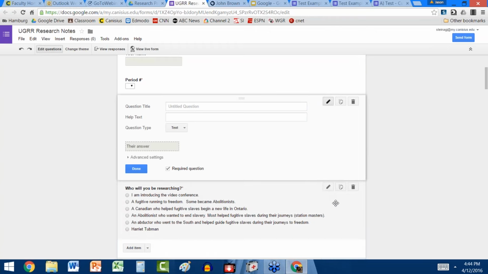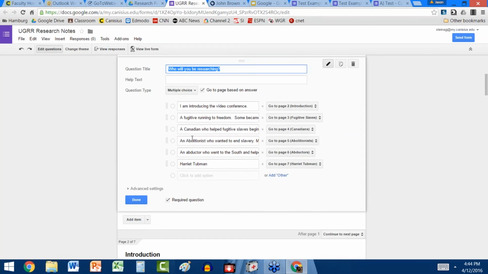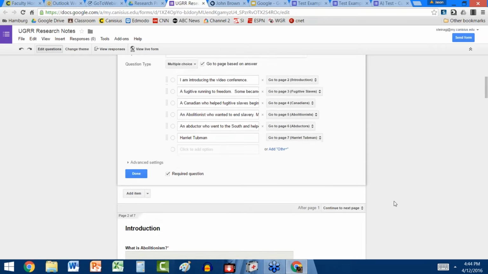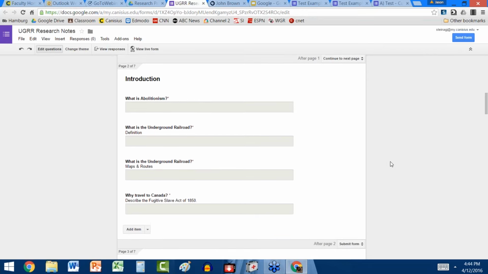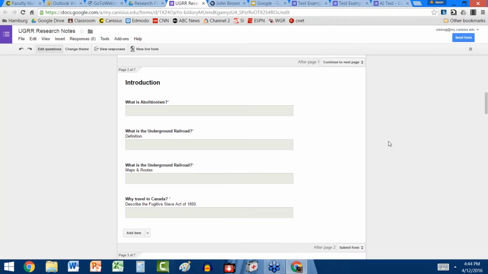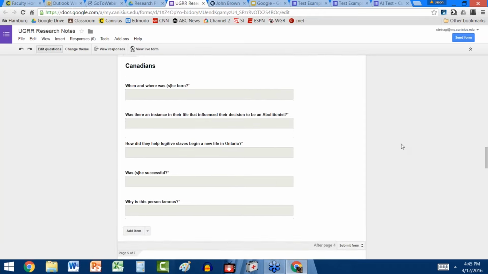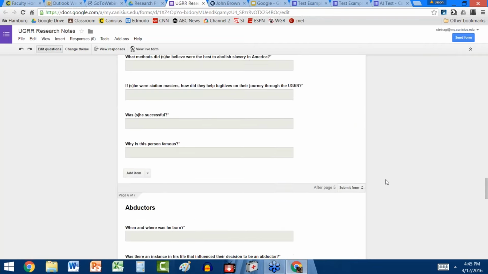This type of question right here is a multiple choice question. And you can create sections within the form. This is more higher level stuff, where the questions for one type of individual, the introduction, for example, are different than fugitive slave questions for their research. And those fugitive slave questions are different than the Canadians and abolitionists, as well as abductors, and even Harriet Tubman has her own. So in other words,